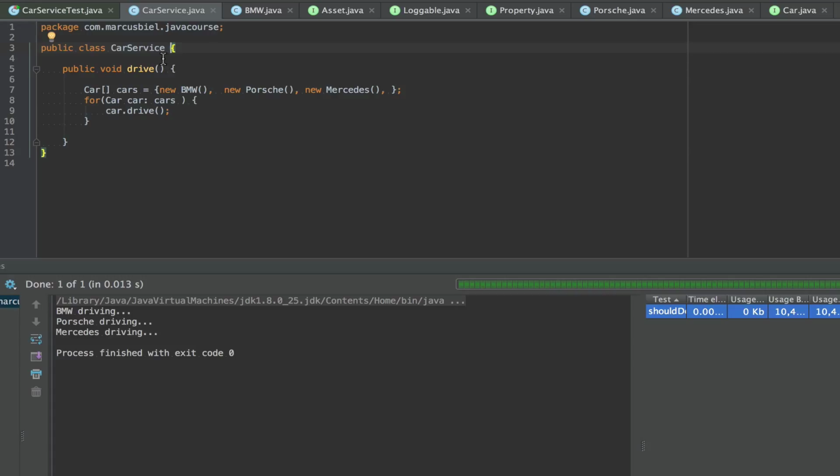So at the moment I don't see a reason to make my car service implement an interface. Sometimes, of course, there are corner cases where I'm not sure. My personal point of view there is, if I know that for the next months I'm not going to need the interface, then I might probably leave it away, because code, I mean, it lives. You can change it, you can refactor your code. So if at a later time it turns out you need the interface, then add it at a later time. Just don't make arbitrary decisions.